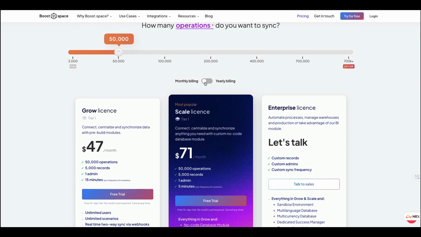But if you want to pay for a year, you'll save some money. If you pay for a year, you get 20% off. But again, you can choose how much you need. Okay, the more you need for operations and records, it's going to cost. Now, again,